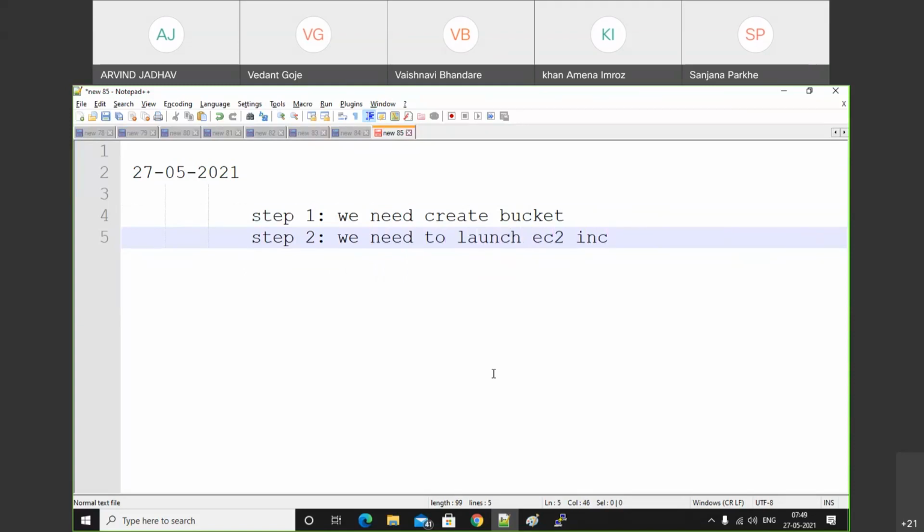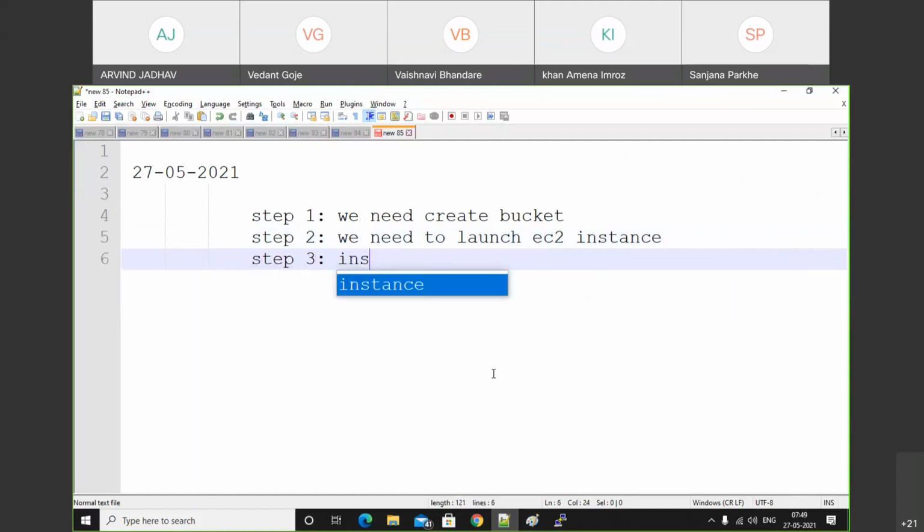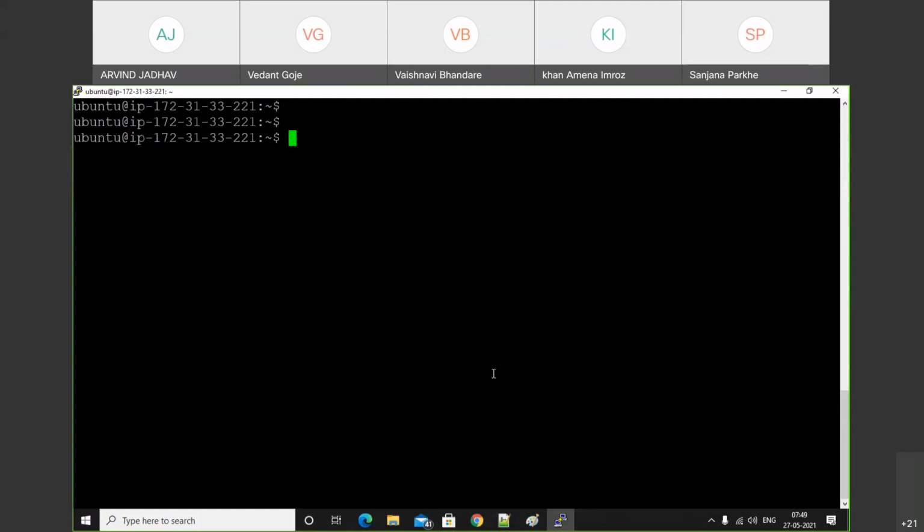We also created the second step. Step 3, install AWS CLI. Now we need to install the package. So let's perform the third step.